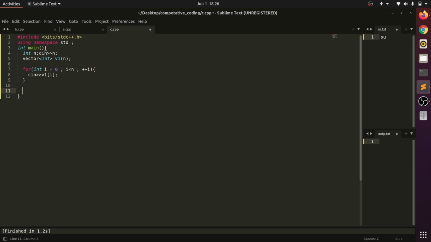Let's see how we can do this. First I am dealing with int i equals 0, going till n.